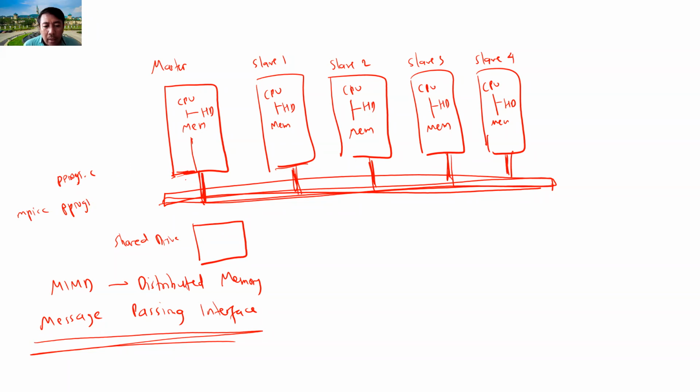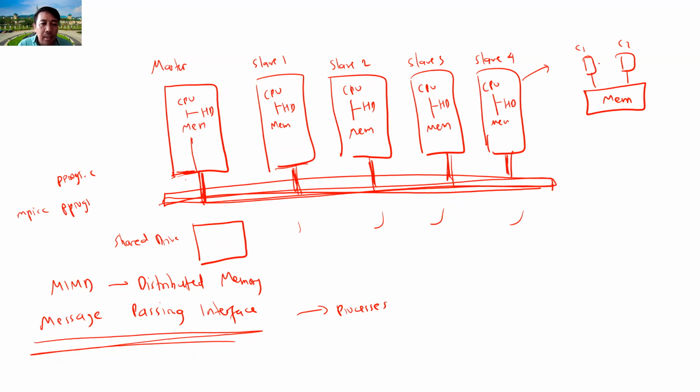Then the shared drive, as the name implies, is shared. So the master can see pprogram1.exe, and slave 1 can also see it, so they can run it. Remember that for message passing interface, they are creating processes. Slave 1 also has 2 cores, if I'm not mistaken. Raspberry Pi Zero has 2 cores. When you zoom in here, you have core number 1, core number 2, and then you have shared memory here.